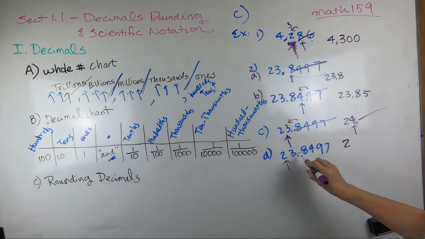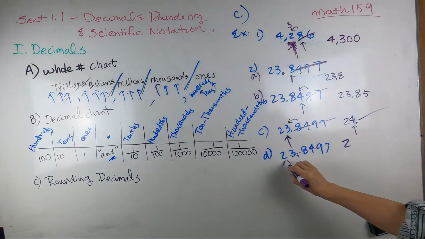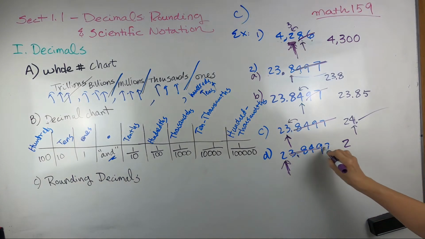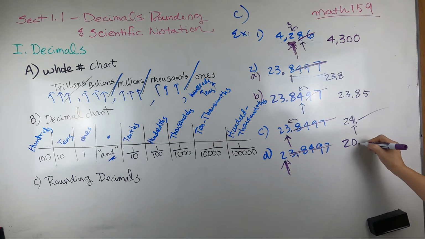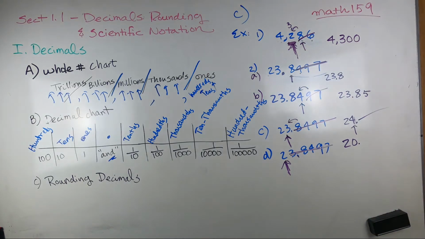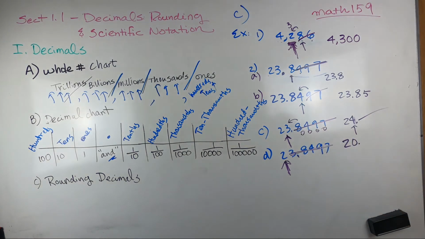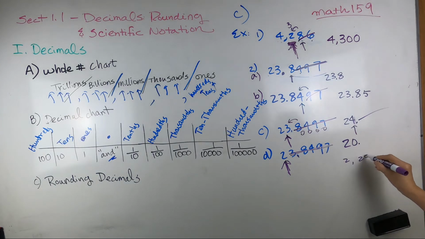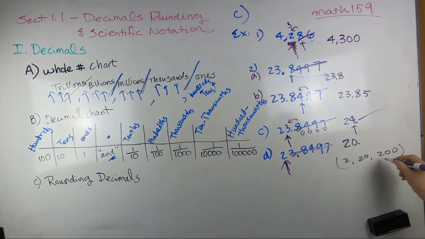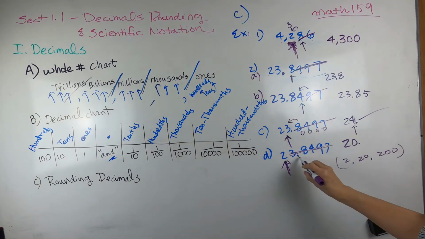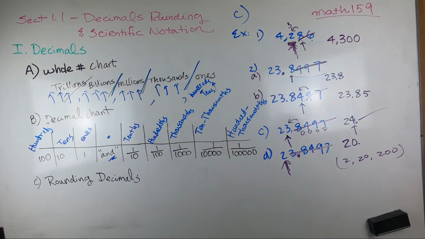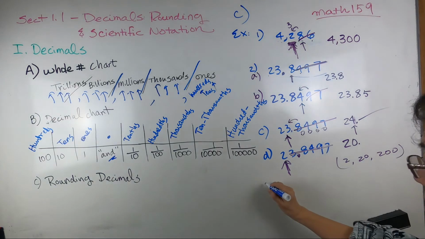You cannot do that. You have to go all the way to what? To this position for accuracy. The rest of them you want to drop, but because it's a whole number, you want to keep the number 23 close to 20. You cannot just say 2, like a decimal where you can ignore zeros. Whole number 2 is different from 20, and different from 200. So it's a little bit different. You need to keep all the way to the decimal spot. Okay, next one,